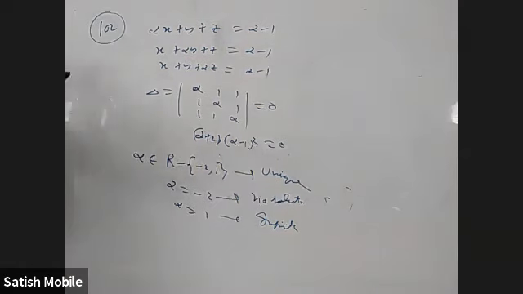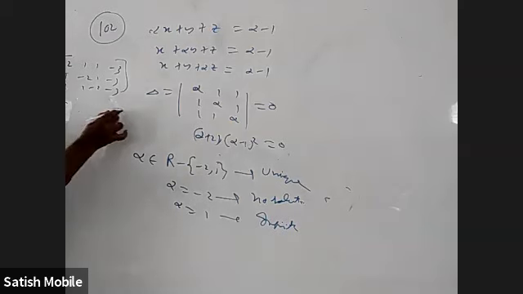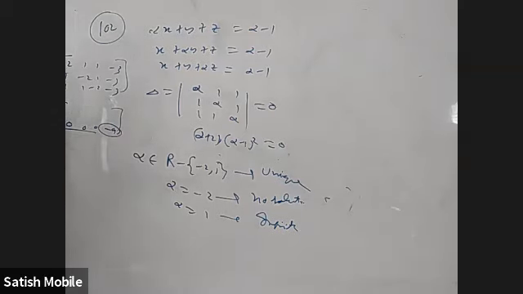When you put alpha equal to minus 2, what is the augmented matrix? Let us see: minus 2, 1, 1, minus 3; 1, minus 2, 1, minus 3; 1, 1, minus 2, minus 3. When you add the first and second rows to the third row, the last row will become 0, 0, 0, minus 9. I said when you get zeros here and a non-zero there, it is something absurd. It is no solution. That's why alpha equal to minus 2 gives no solution.